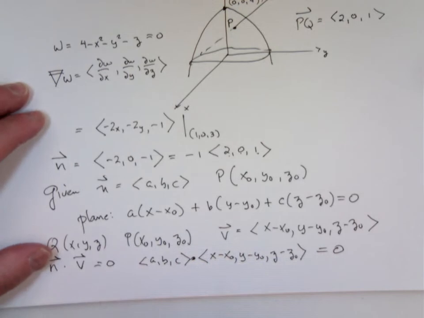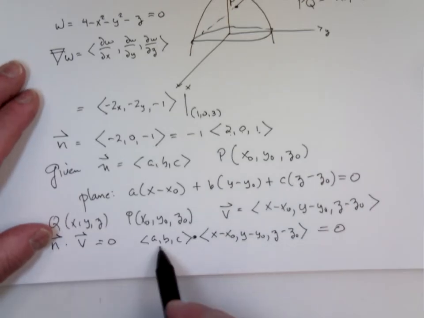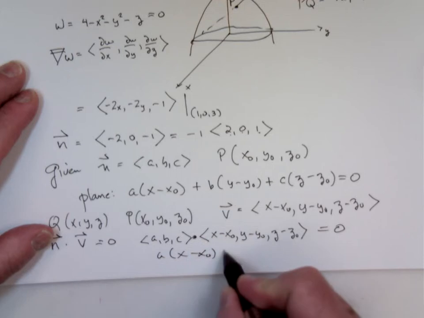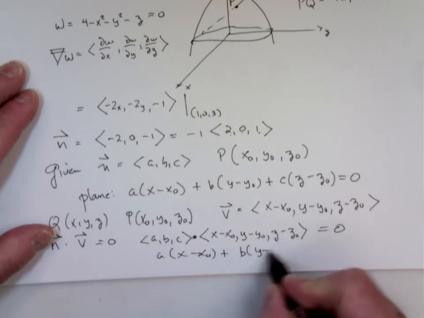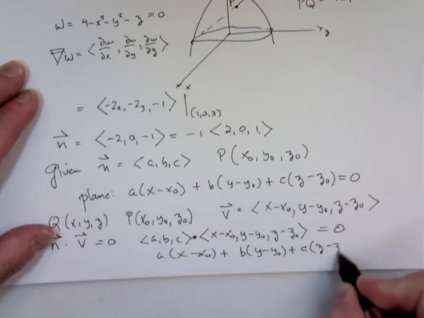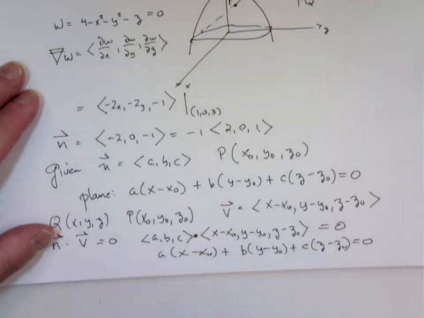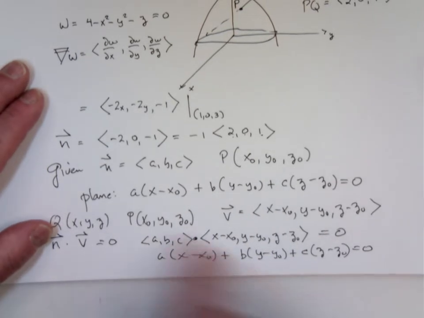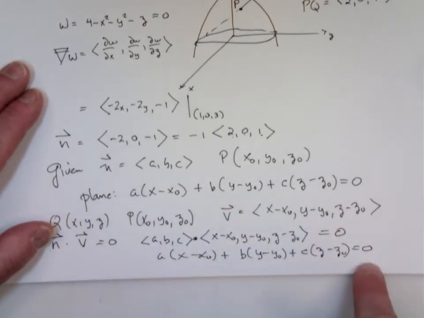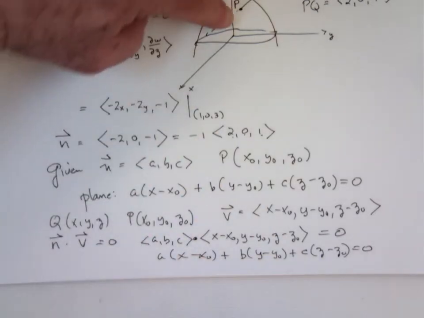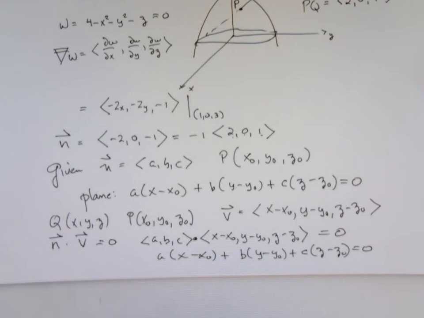What is this dot product? It's A times (x minus x sub naught) plus B times (y minus y sub naught) plus C times (z minus z sub naught), and that's equal to 0. And guess what? That's the equation of the plane. Okay? So, getting back to this,